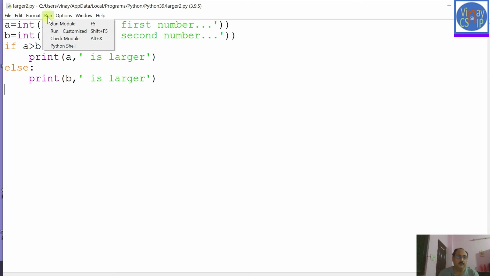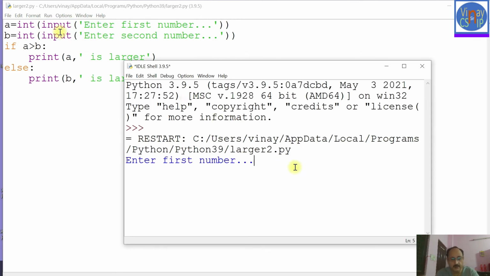So now I can run this program. So run module. It is asking for the first number. The first number is 45. Then it is asking for the second number. The second number is 89, and obviously 89 is the larger number. So it gives me the answer as 89 is larger.